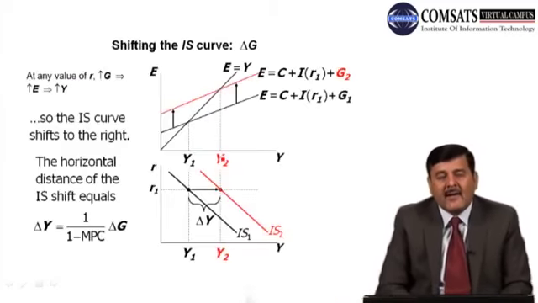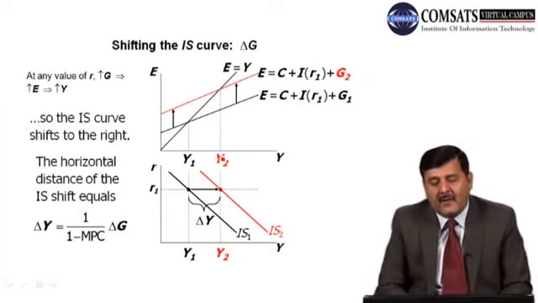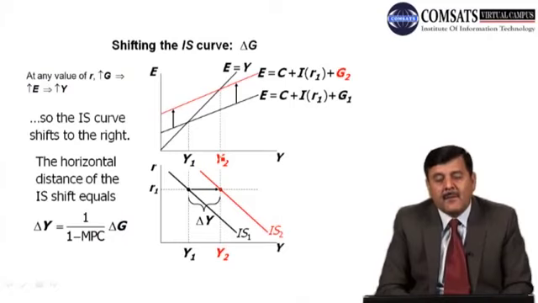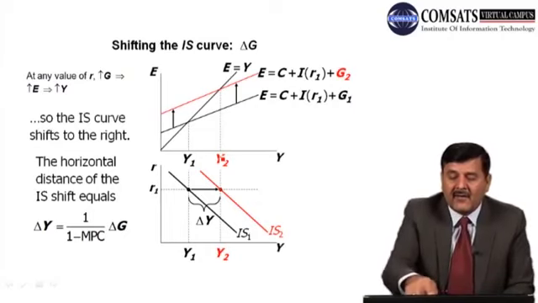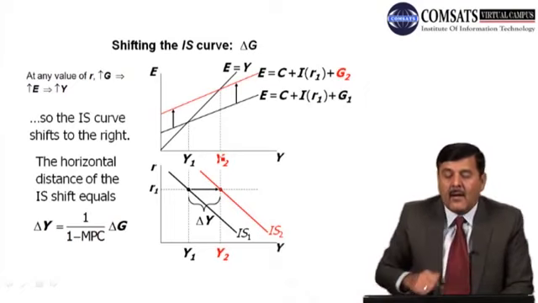Now suppose at any given value of R, there is an increase in G. There are two diagrams here, A and B. In A we are measuring income on the x-axis, expenditure on the y-axis. In diagram B we are measuring rate of interest on the y-axis, income on the x-axis. Now suppose we have the income line, we have the expenditure line, and the economy is in equilibrium at Y1. Suppose